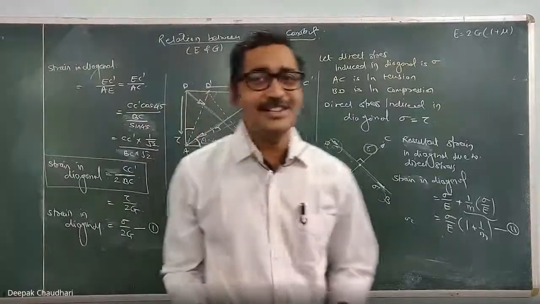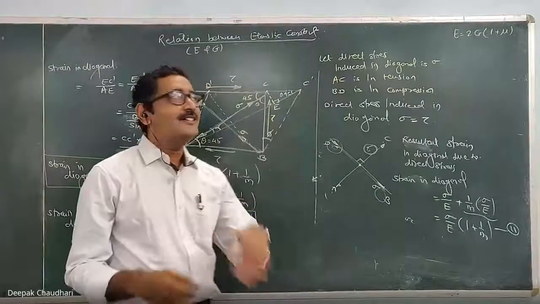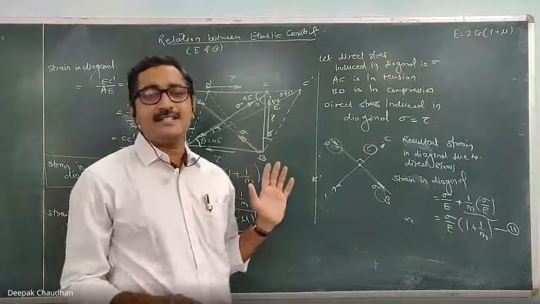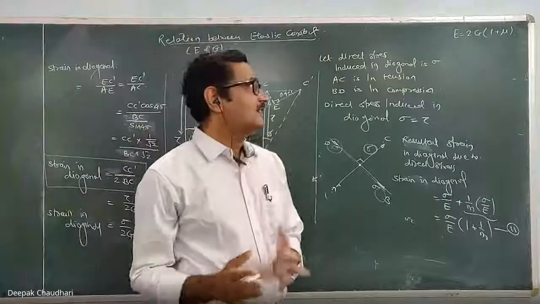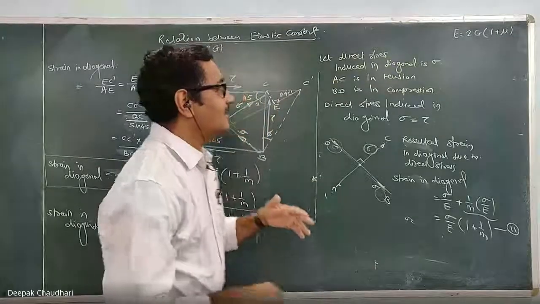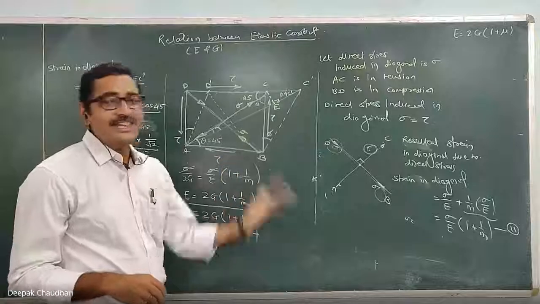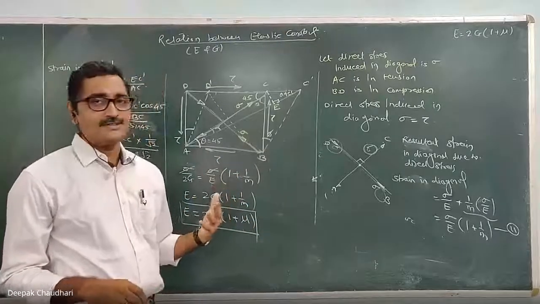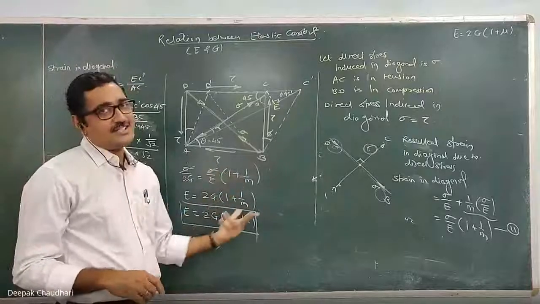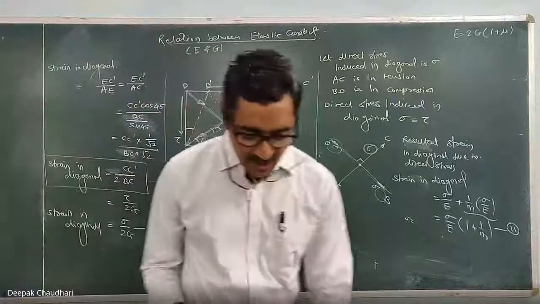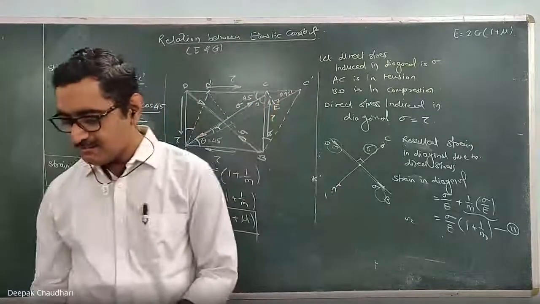Now it is 10:30, we'll stop here. The next lecture will be the last lecture on this first lesson, simple stresses and strain. In the next lecture we are going to study the relation between E, G and K. K is the bulk modulus. Okay, so we will see the relation of E, G, K, solve a few questions, and that will be the end of this lesson. After that I will give the assignment and the quiz.